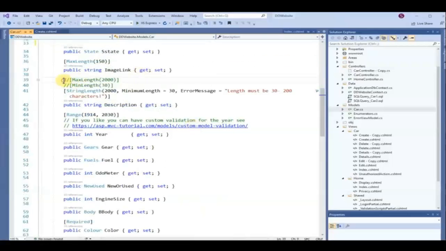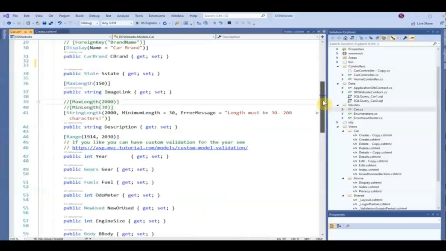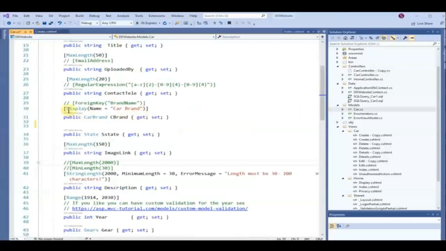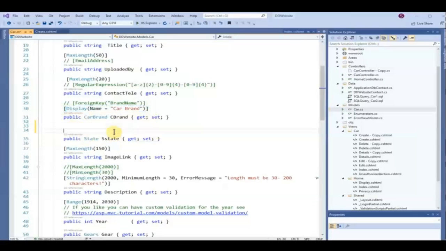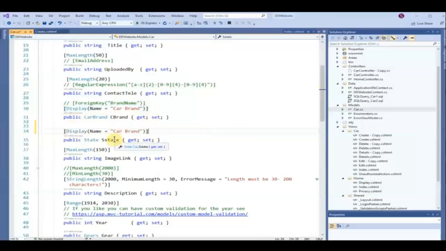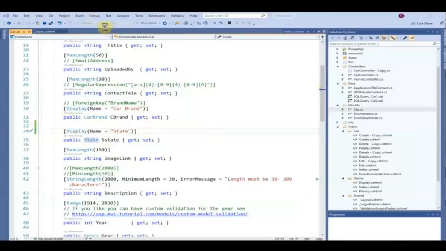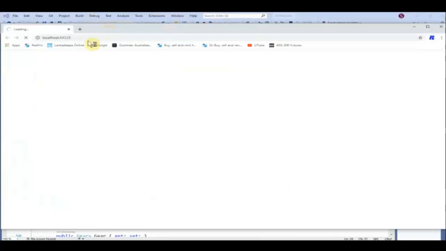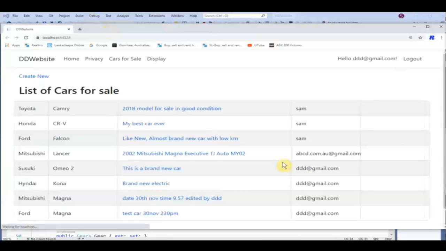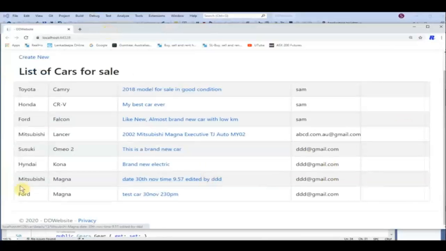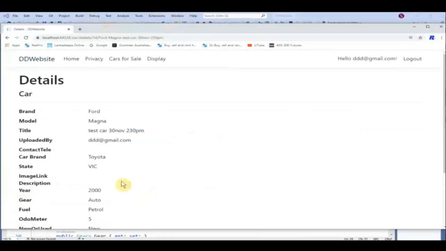I have commented out some of them. Yeah, okay, so car brand and also the state, we have to say display name state. Yeah, okay, debug. We'll see whether it works. This is the one we have just done. So okay, it shows it as a state. Previously it was saying